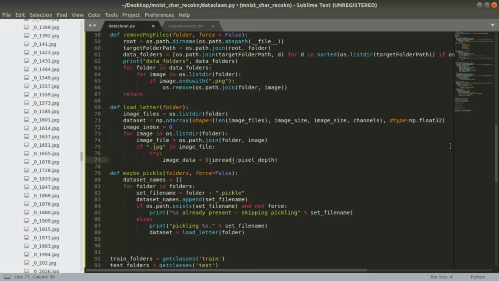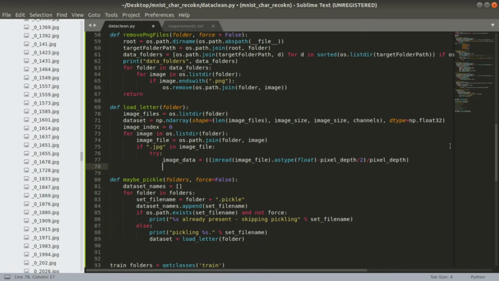Here, each element in the array ranges from 0 to 255. The idea behind subtracting the array with half of 255 and then dividing with 255 is to make value of each element in the array between -1 to 1, which will be useful in further calculations.